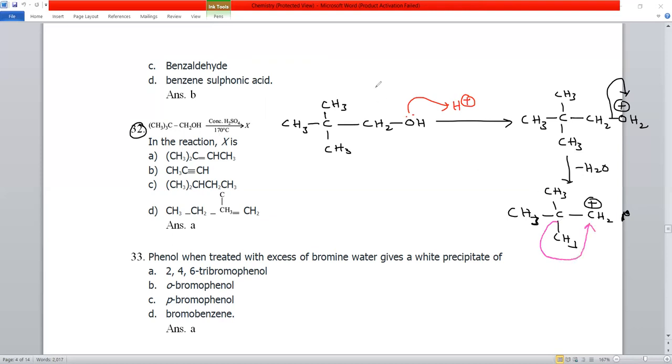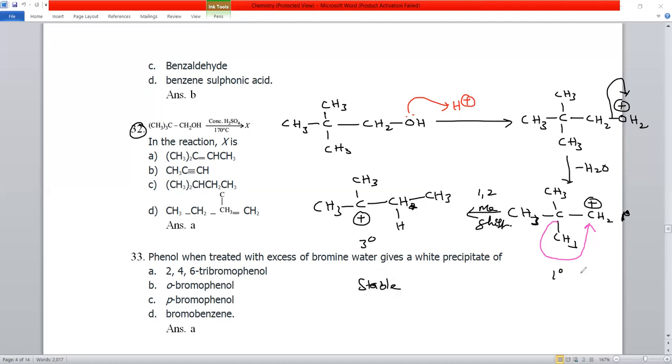The methyl shift takes place, students, to stabilize the carbocation. Now we have CH3 and CH3. The carbon loses the sigma electrons, so this carbon is positively charged, connected here with CH2. Now this is a tertiary carbocation, right? So which is more stable, primary or tertiary? The tertiary carbocation is the stable one, and the primary carbocation is unstable. So that's why the methyl shift is possible.